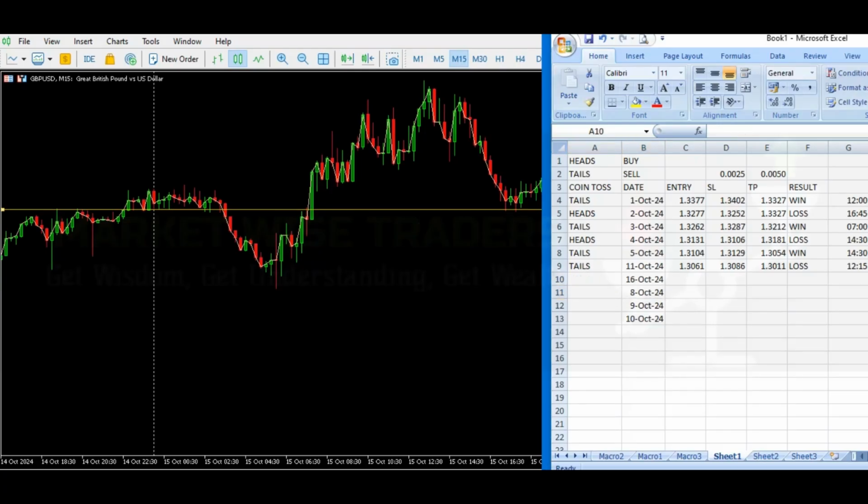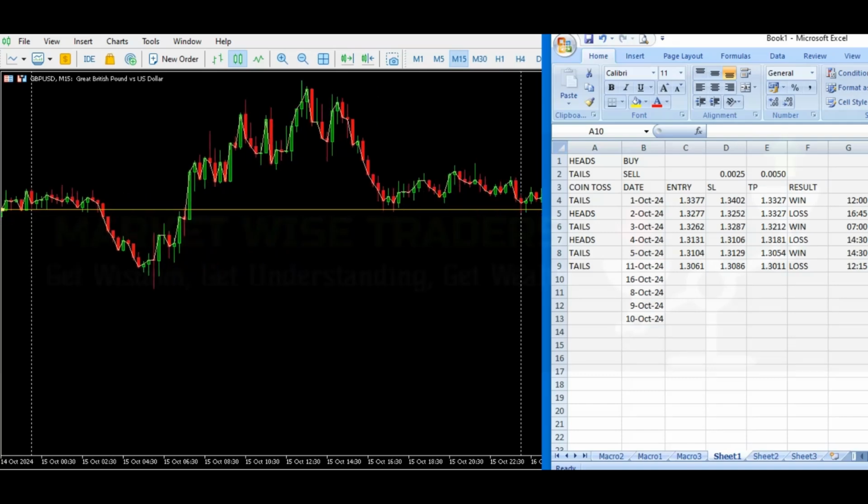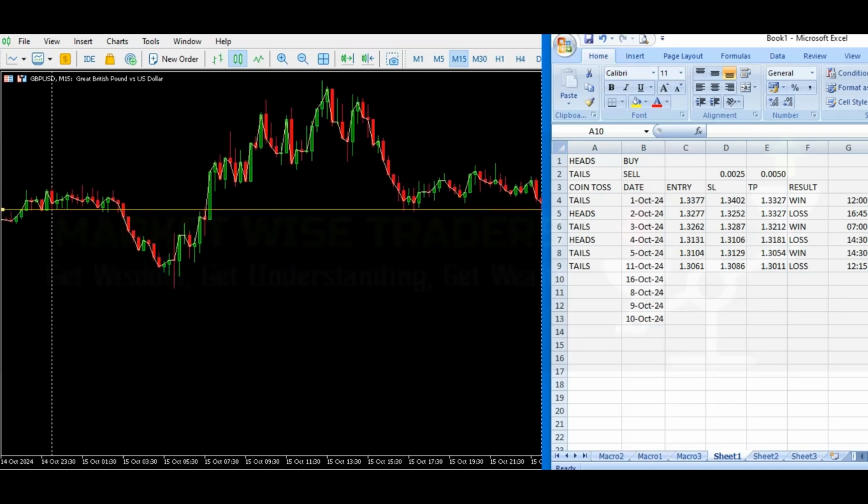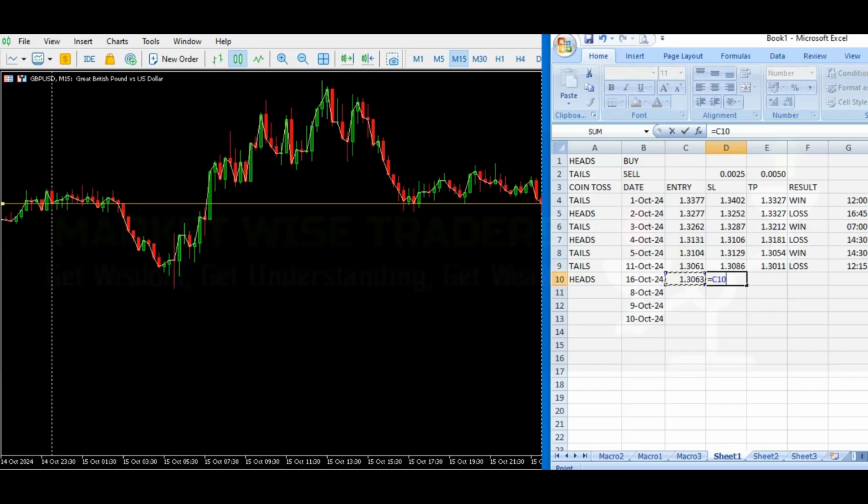I'll just keep this line as long as we're nearby. Okay, let's toss the coin, right? That's my strategy. This time we got heads. Heads means we buy. Okay, what is the price? Price is somewhere there, 130.63. So if I'm buying, my stop loss is below,